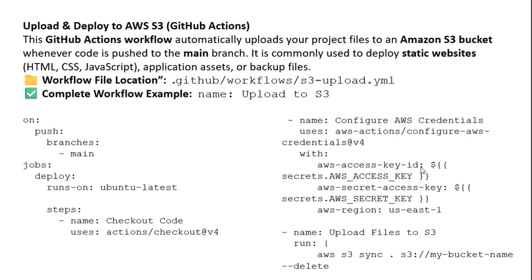${{ secrets.AWS_ACCESS_KEY_ID }}, aws-secret-access-key: ${{ secrets.AWS_SECRET_ACCESS_KEY }}, in capital letters, aws-region: us-east-1, and then